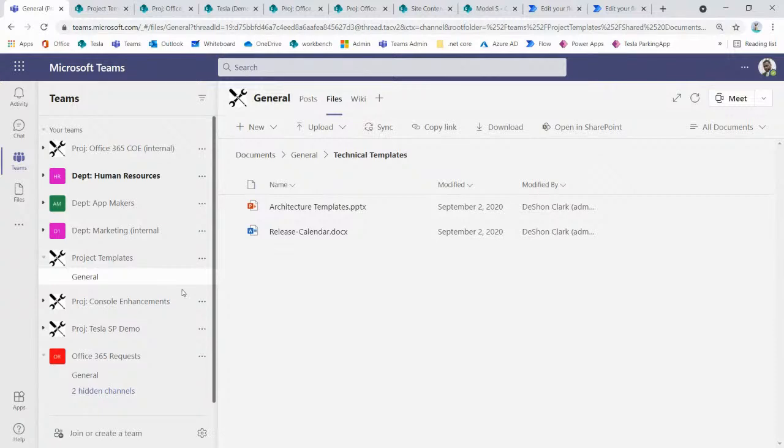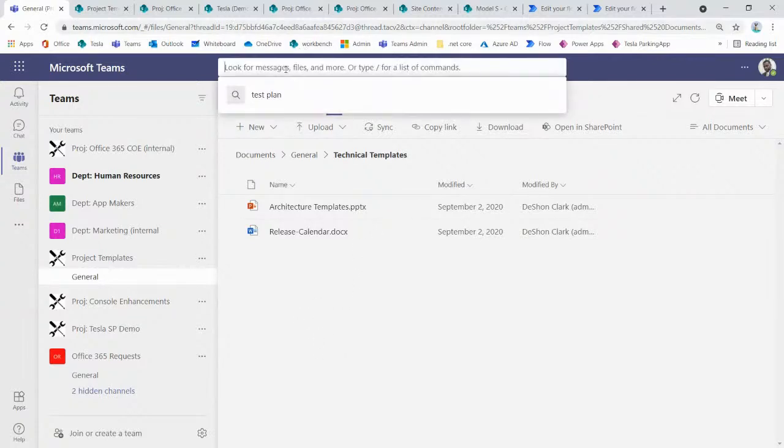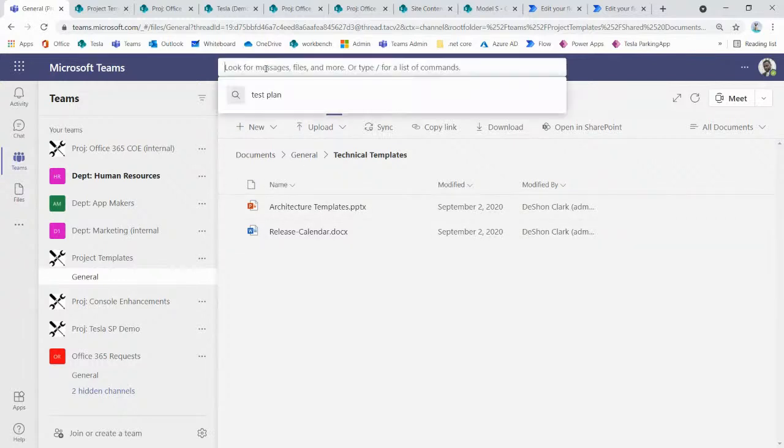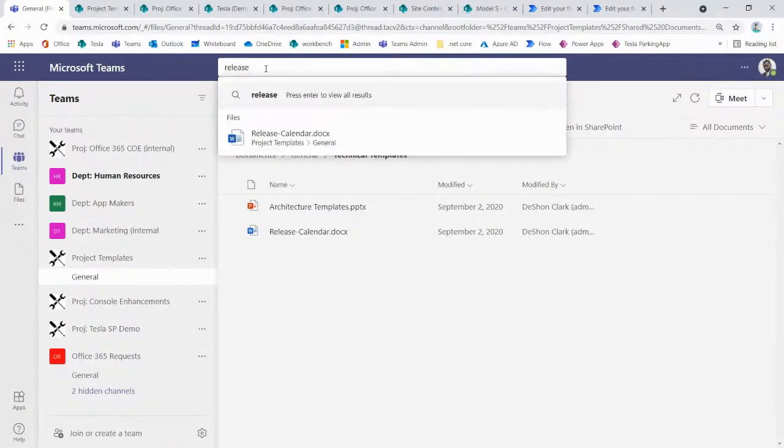Let's see. Oh, you want them to stay in Teams. Good question. So if I execute a search, yeah, that's a good question, because if you execute the search in Teams, if I type in release,